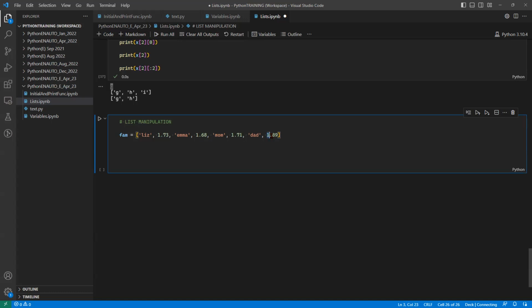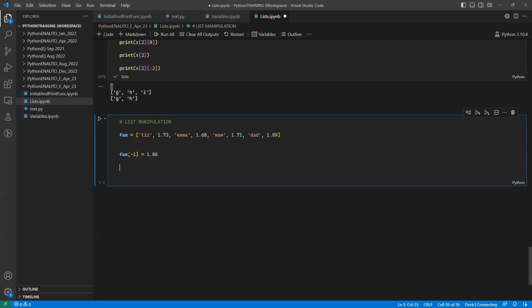Let's talk about the last element, 1.89. So let's say the calculated height of dad is not 1.89, let's say it was 1.86. So in the present state, the list is not carrying the correct value, so I want to change that value. So I'll access the last element, let's say using -1, and I'll simply put it to a new value 1.86,